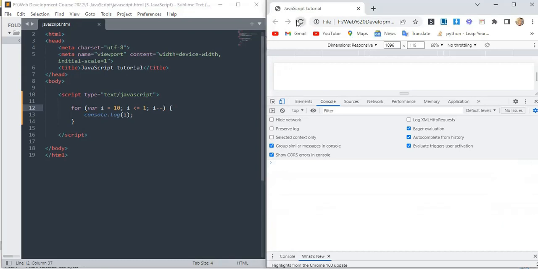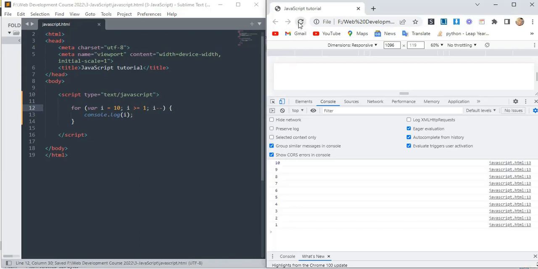And if I reload it, nothing happens. So we write here i is greater than or equal to 1. I reload it, and now you see 10, 9, 8, 7, 6, 5 till 1 have printed here in